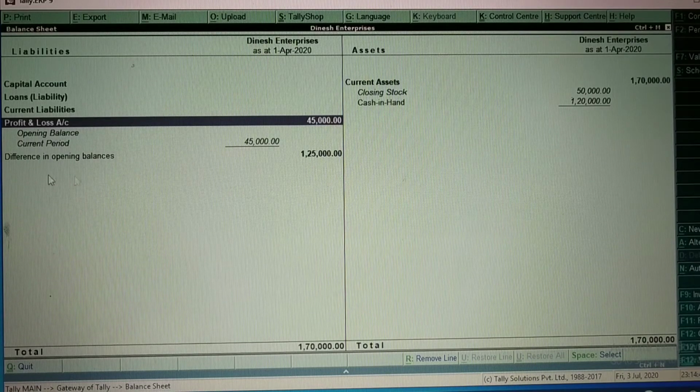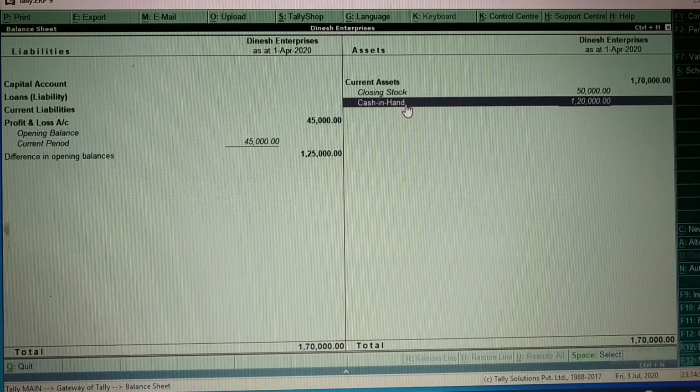So this is showing as an opening balance of 1,25,000. Now how many did you sell? 3 items we have sold. So how much cash has remained? 1,20,000 cash has remained.